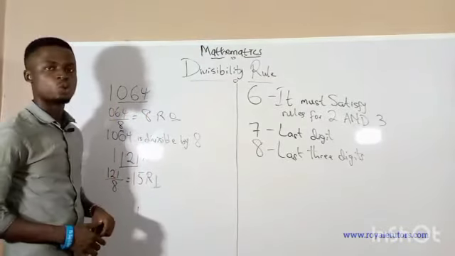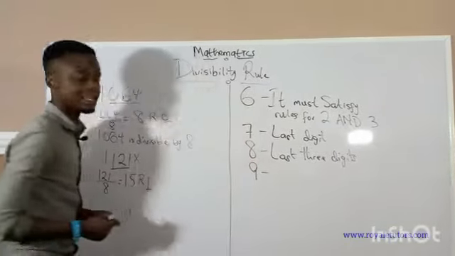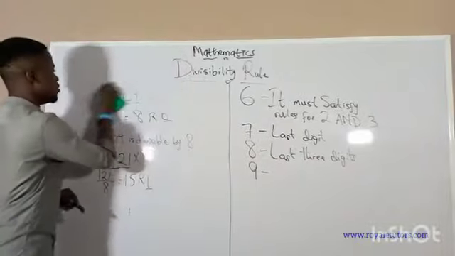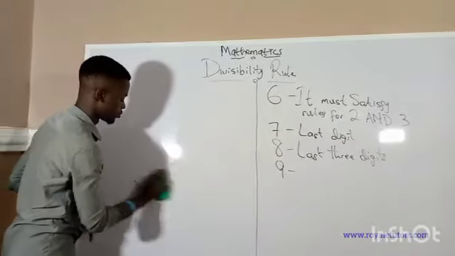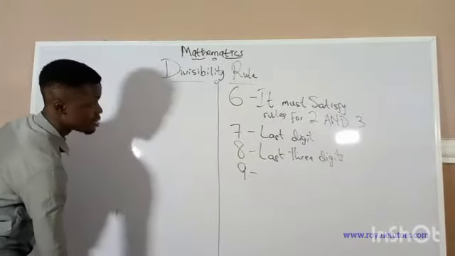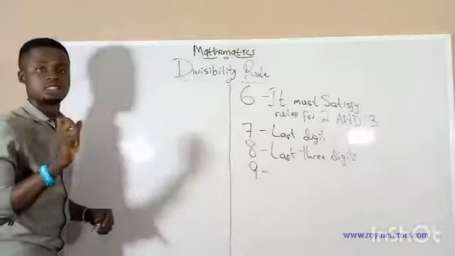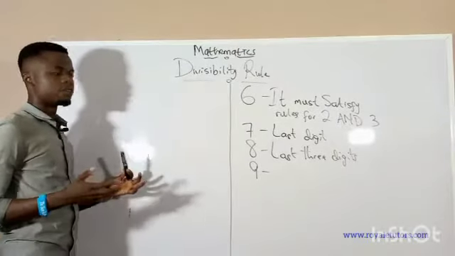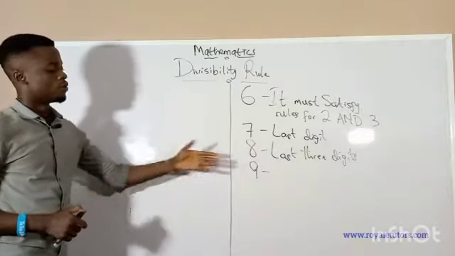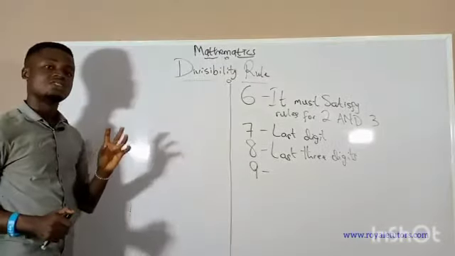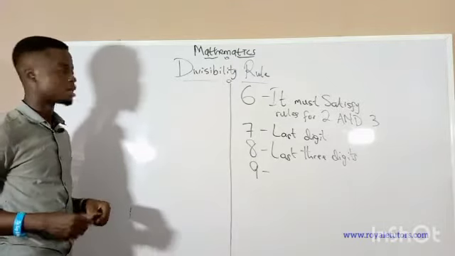So let's go to the last one. Lastly, we want to check when is a number said to be divisible by 9. When is a number said to be divisible by 9? A number is divisible by 9 if the sum of the digits, the rule for 3 and for 9 is almost the same, but there is a difference between them. For 9, the number is divisible by 9 if the sum of the digits forms a number that is divisible by 9. For example,